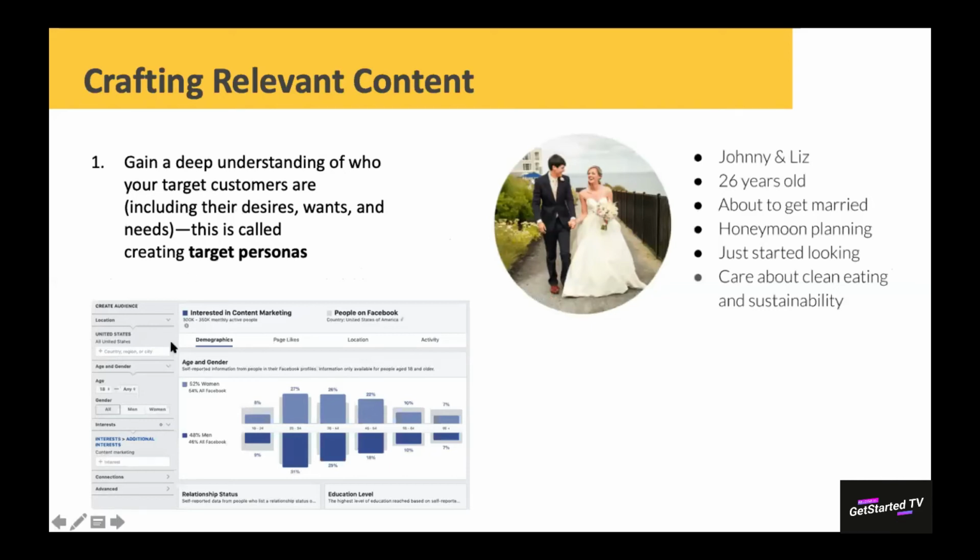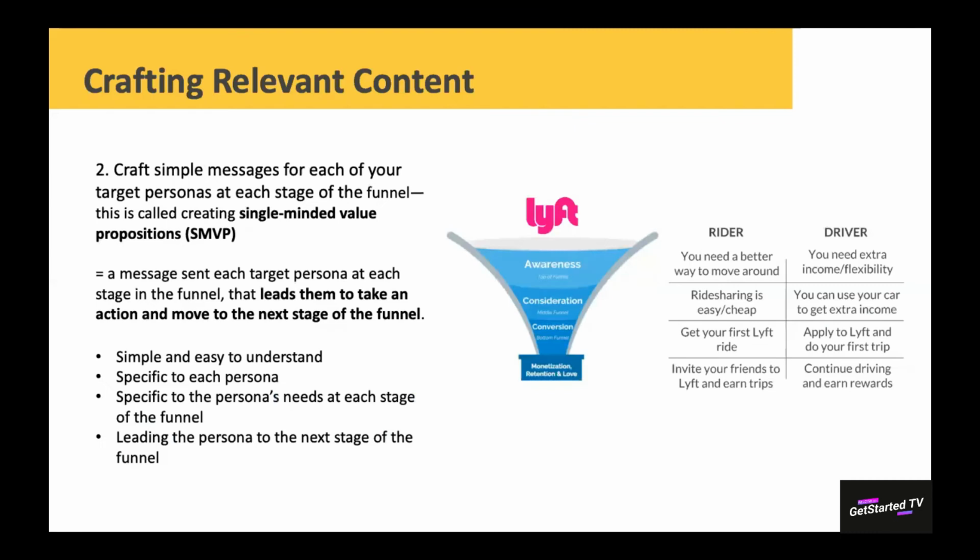For example, there can be people who are about to get married, or they can be for mothers, for parents, for students, for workers, for professionals. They can be as many as you want, but then you would have to make sure that it is specific to each of them. And then lastly, make sure that you address the need of this persona at each stage